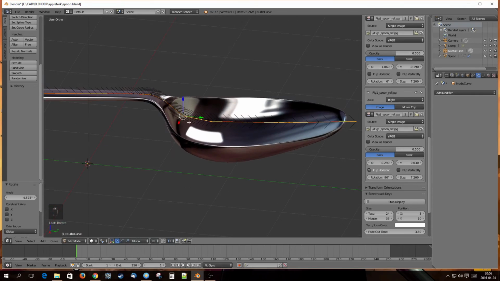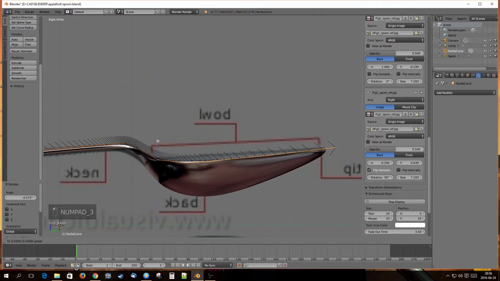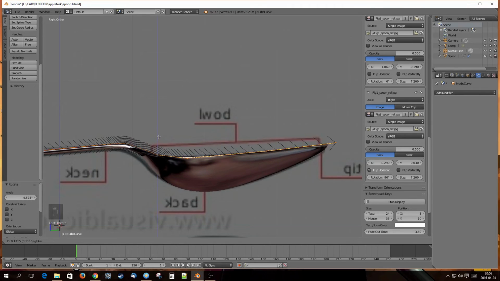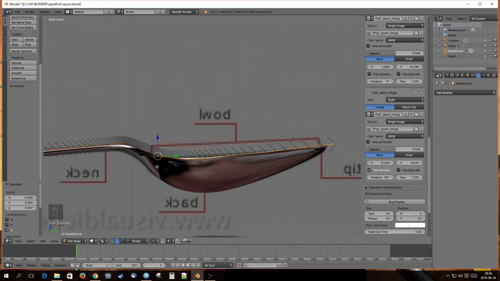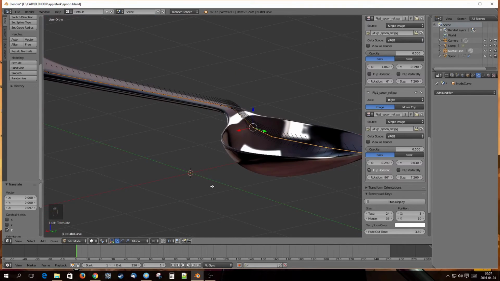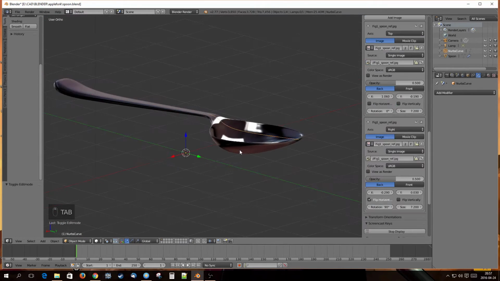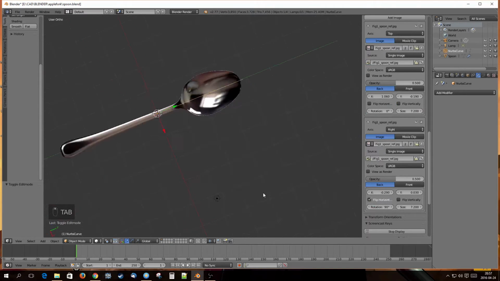Alright, with these points selected, I will move them up. Okay. Alright, press A and tab,